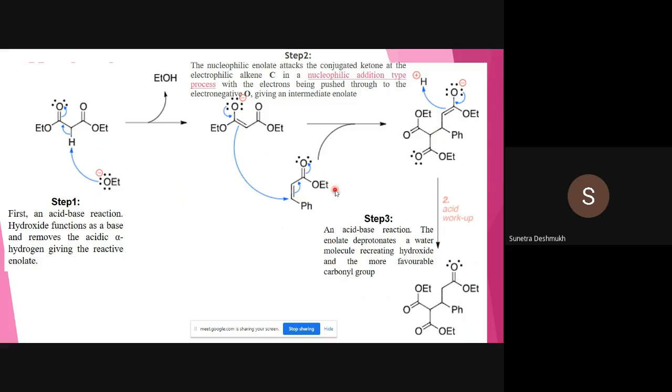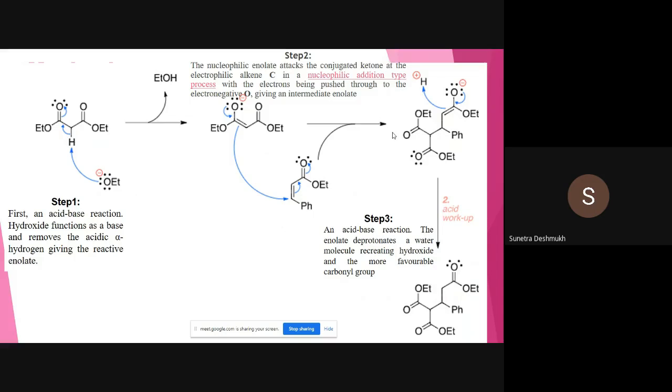Once we attack here, the carbon-carbon bond shifts between carbon and carbon, and a lone pair is created on the oxygen atom. And again, why do we need the acid workup here? After treatment with acid, this lone pair shifts in between carbon and oxygen, and this carbon-carbon double bond abstracts a proton from your acidic solvent. Once it abstracts the proton, we get our Michael adduct. So this is a very simple reaction. You have been through this reaction so many times, and do it well for your final